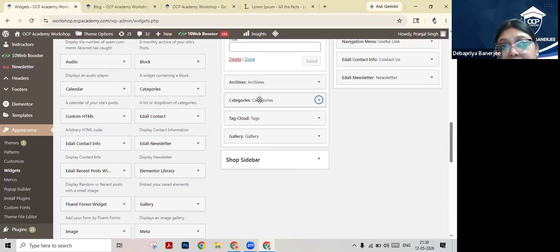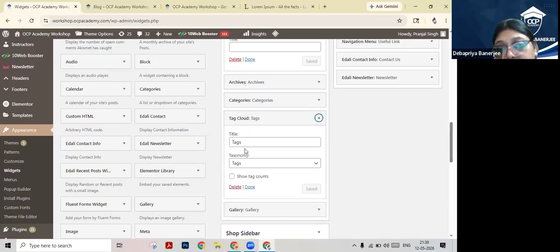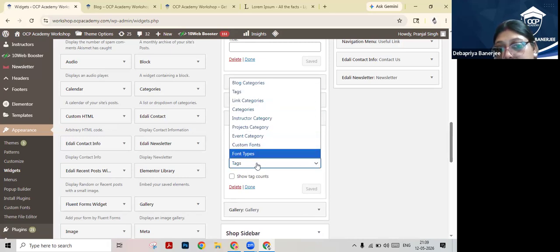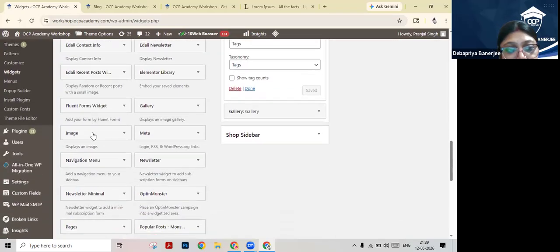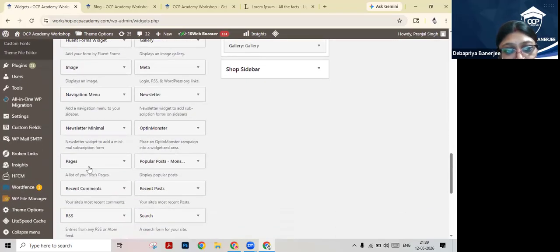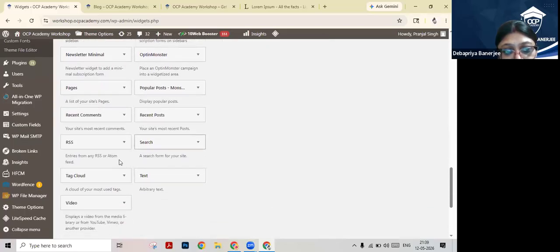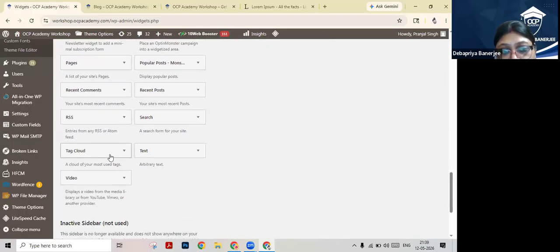Then there are tags. Okay. Showing different tags. So you can have any categories, you can add anything here. So you can get the tag clouds from here and you can add them. Tag cloud. Okay.